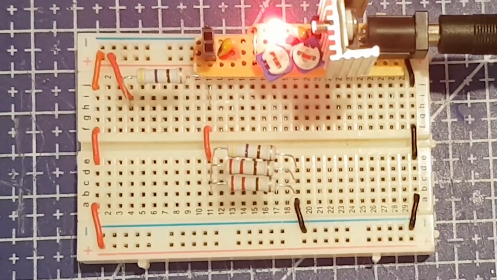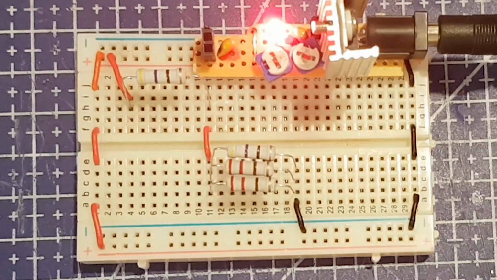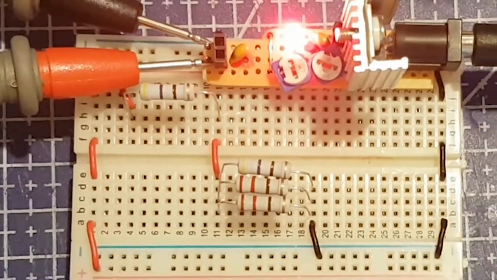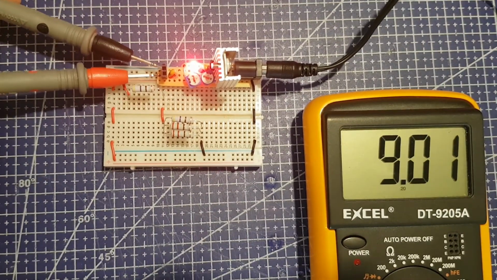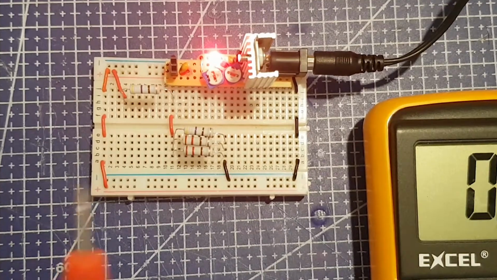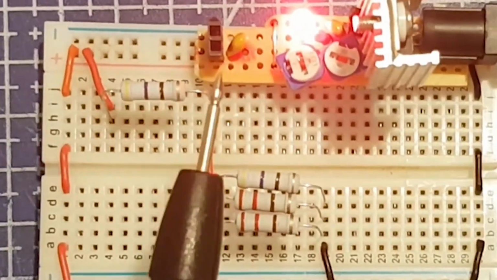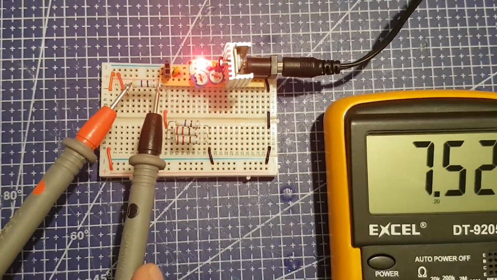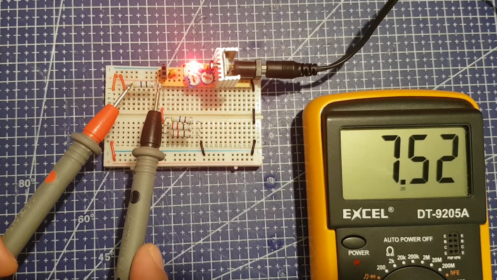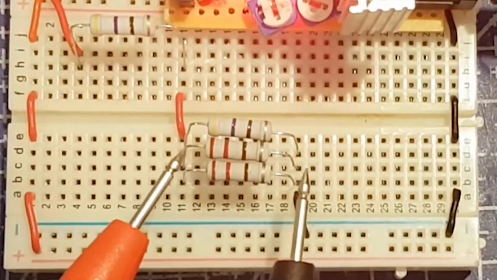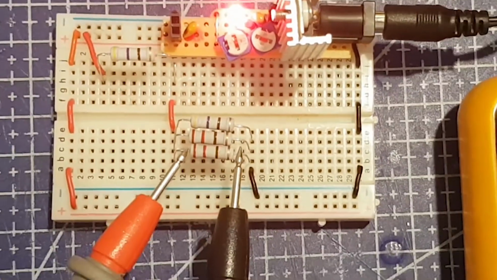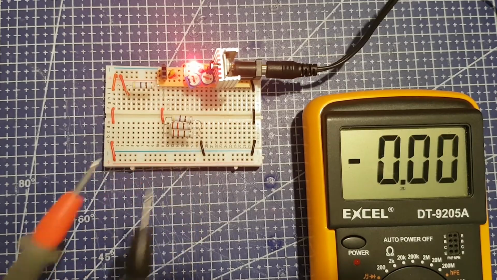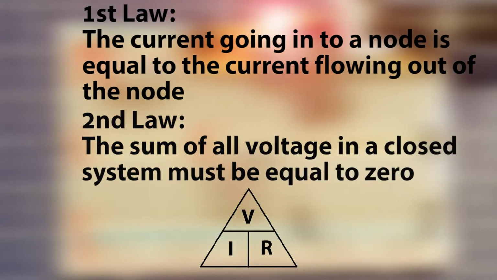So I've set my multimeter to 20 volts. First of all, I'm going to measure the input. So we have our 9 volts input. Across the first resistor, 7.52, 7.51, and across our parallel network 1.43. So that is a simple demonstration of how you can apply Kirchhoff's law in conjunction with Ohm's law and